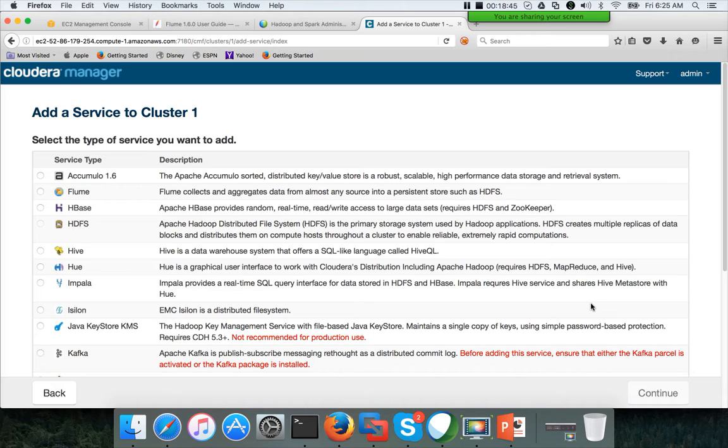In the master, you can actually set up the resource manager, app timeline server, job history server, everything in one host. Here, don't use the node which is used to install Cloudera Manager, so that you have a clear understanding between the roles of different tools and a clear understanding about the cluster implementation. Okay, so choose one of the masters as resource manager.